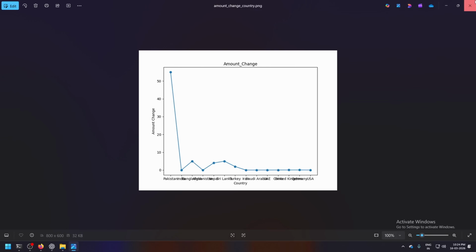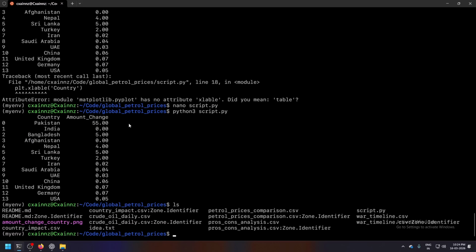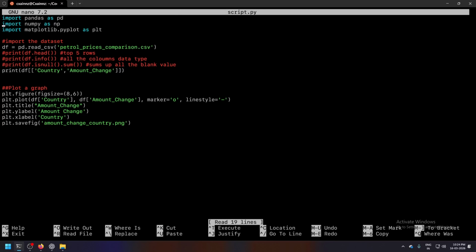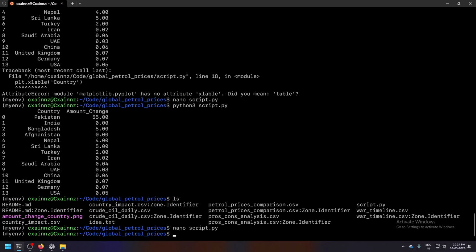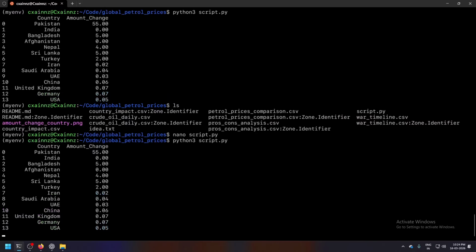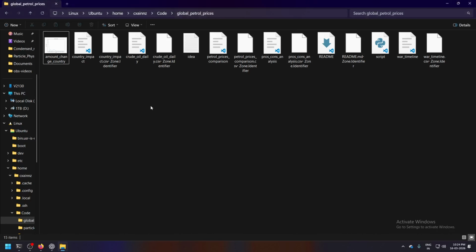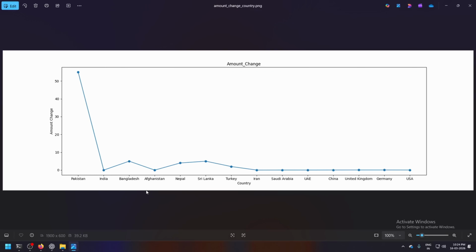So what I want to do is make the size a bit bigger. Rather than 8 by 16, you can do it 19 by 6 ratio, then run this, and refresh it, and now you can see it's done.